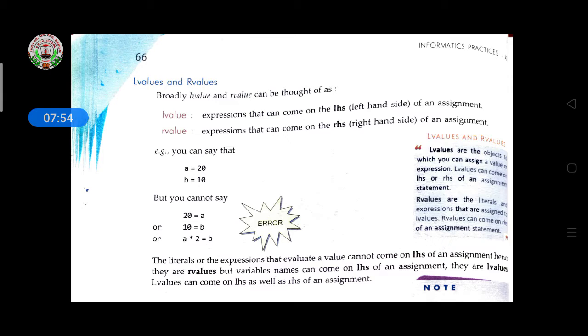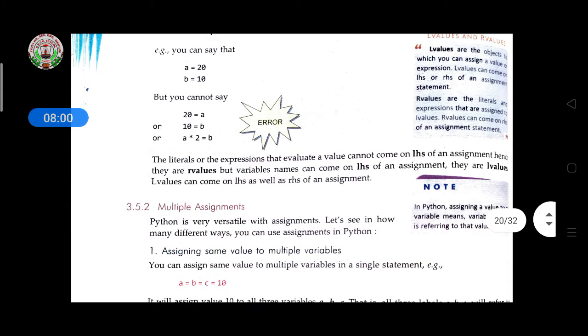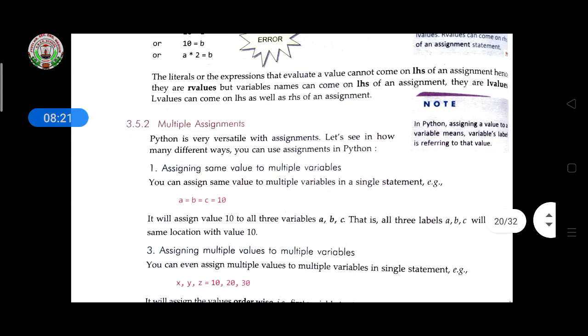L values can come on the left hand side or right hand side of an assignment statement. The literals or the expressions that evaluate to a value cannot come on the left hand side of an assignment, hence they are R values. But variable names can come on the left hand side of an assignment, they are L values. L values can come on both the left hand side as well as the right hand side.